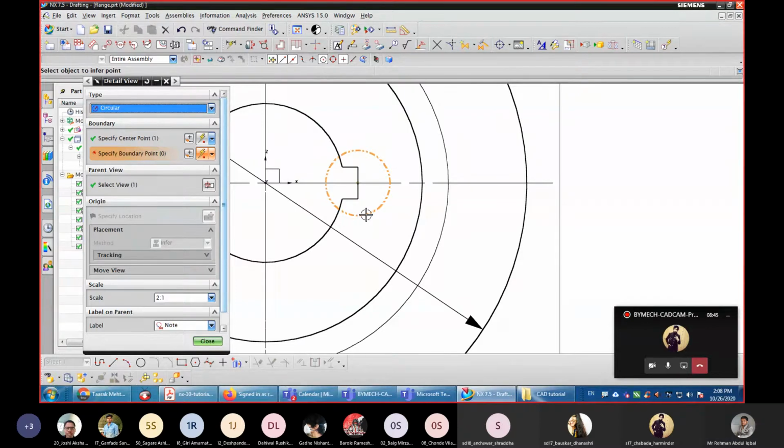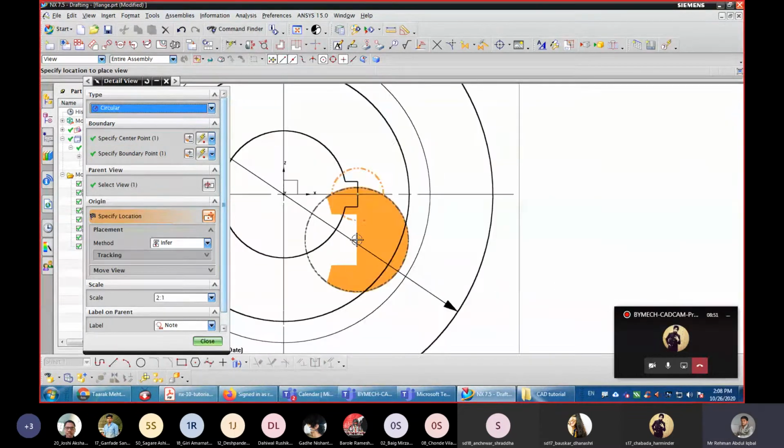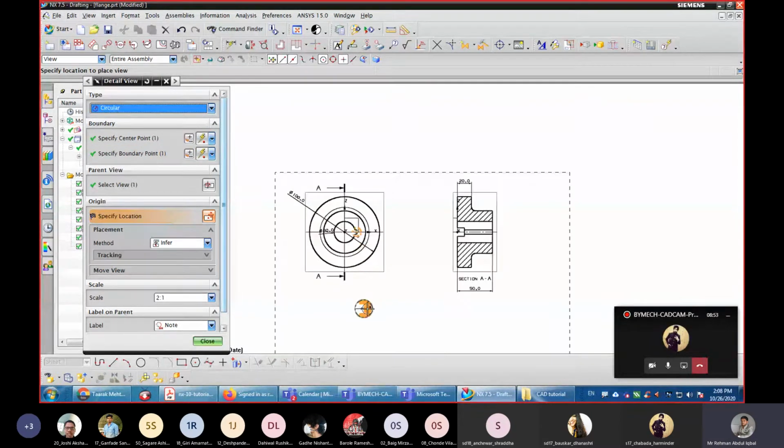Just click it, and then we need to place this view somewhere. Here you can change the scale to 2:1 or 5:1 if you take it.